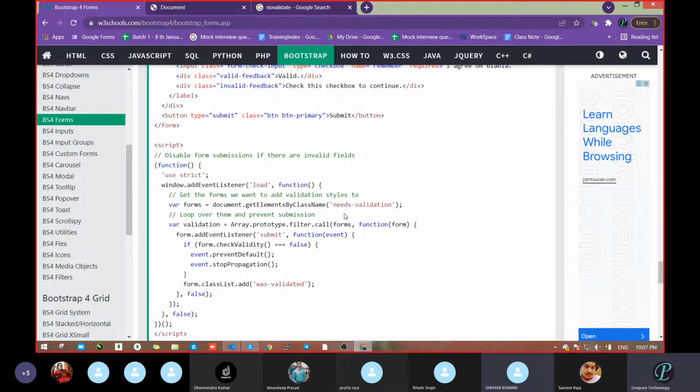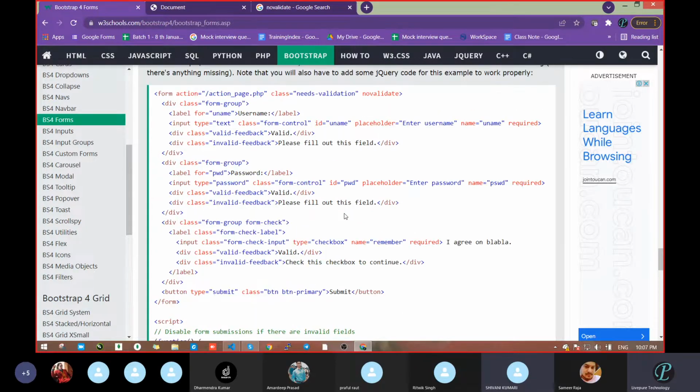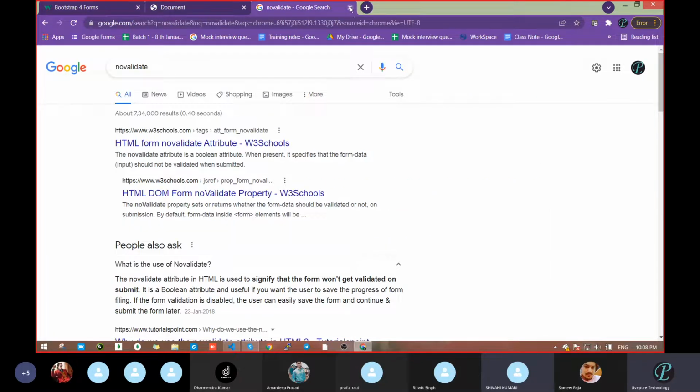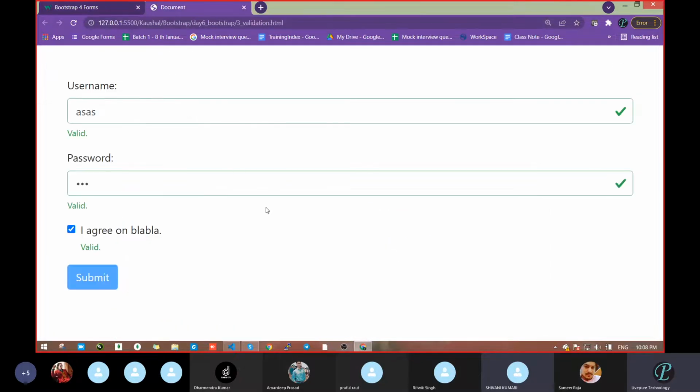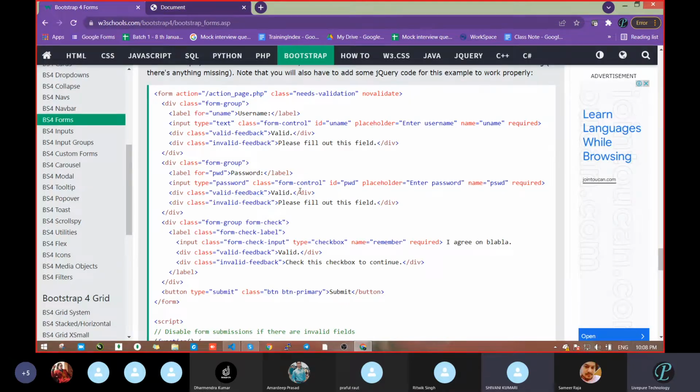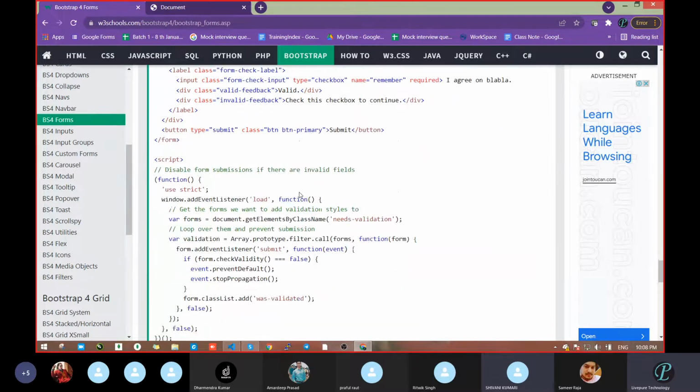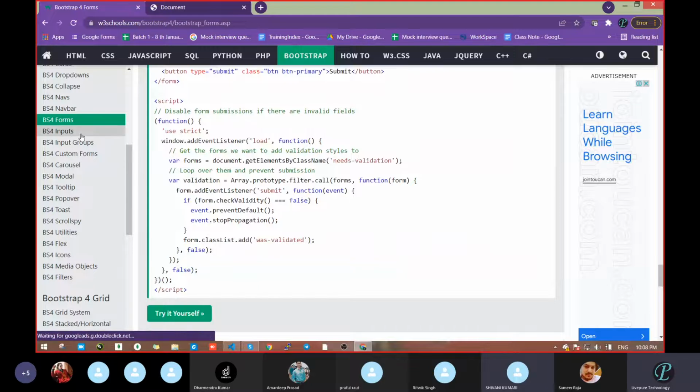I hope you got some idea how we can make inline forms and how we can design the form as we have done here. With the help of this, we have learned. Now whatever form you have done, please try to make it with Bootstrap. Everybody has already done it with CSS. Now try to make it with the help of Bootstrap.